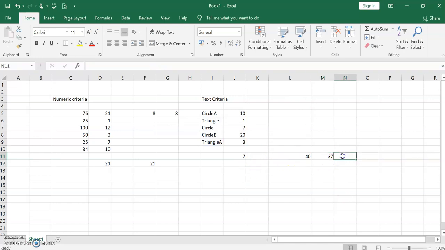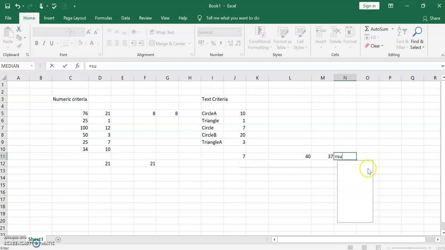And the next formula, what you can do is, I just want to have the ending text, right? Because we are talking about the text criteria. So SUMIF also can be used for text criteria. With SUMIF, I can give one text criteria where I just want to use anything that ends with LE.